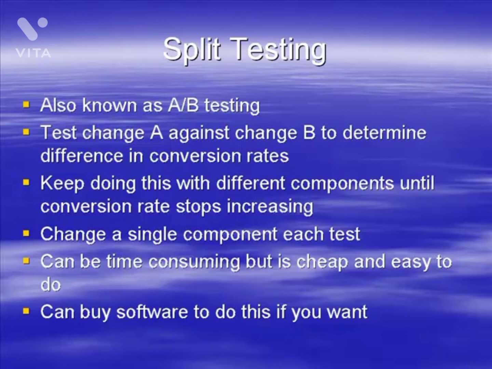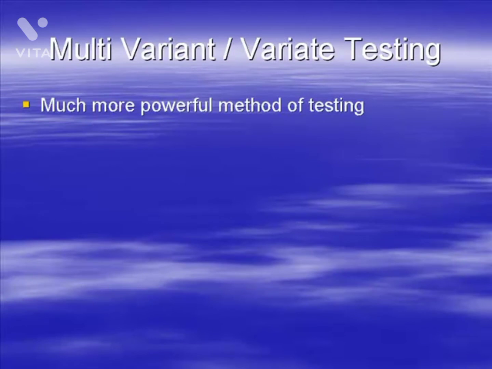If you really want to do well, you want to use something called multivariate testing. Now, this is a very powerful method of testing, and is actually the best form for you to use. If you're going to buy software to do your testing, you want to invest in some good multivariate testing software. Now, this can cost you upwards of $100. I mean, good software, you're talking between $500 and $1,000 for it. But let's face it, if it gets your conversion rate up to 5%, then you know what? It's so worthwhile doing, because it's going to make a massive difference in your income.